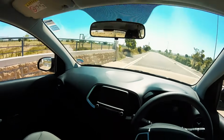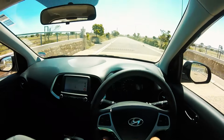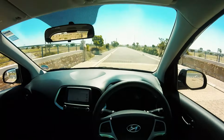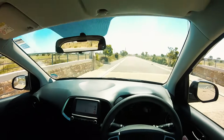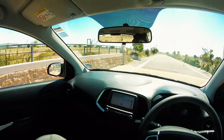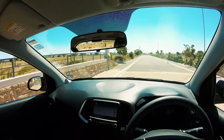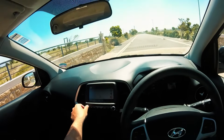We've got Android Auto and Apple CarPlay now standard on the Hyundai Atos. It certainly is a welcome addition to the Atos. Let's actually talk about the screen. Input is nice with Android Auto. The sound system,